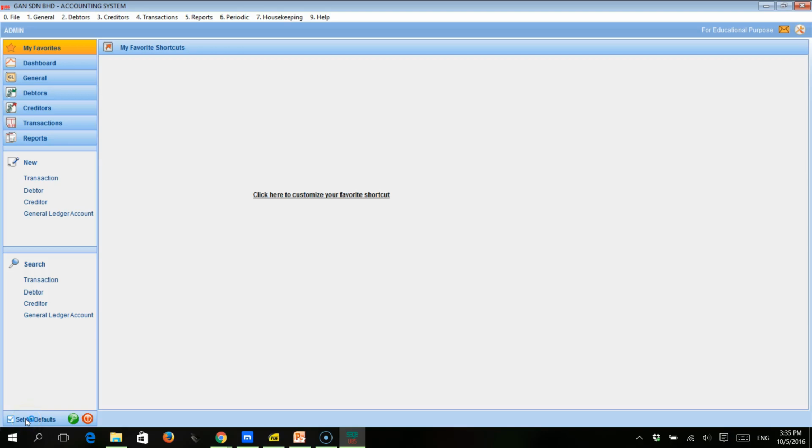Okay, after we have entered our transactions, then finally we would like to see the result of our transactions, i.e. we want to see the reports. We would like to see the trial balance, profit and loss account, the balance sheet, and we would probably also like to see individual ledger accounts. So before we start with doing that,